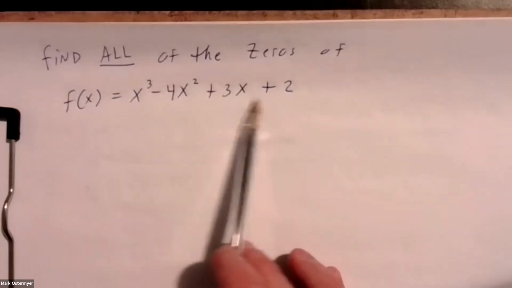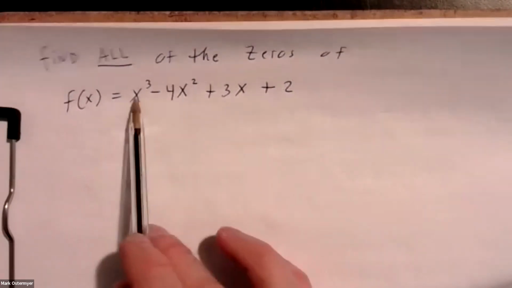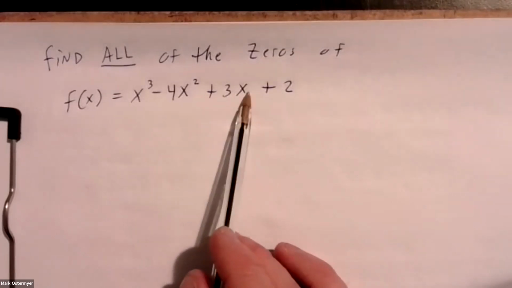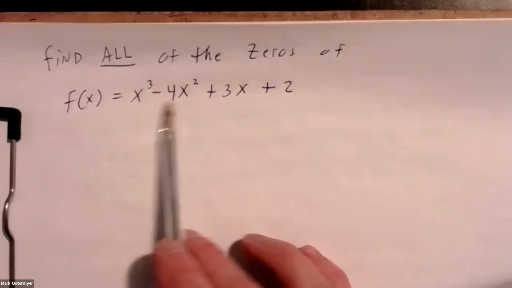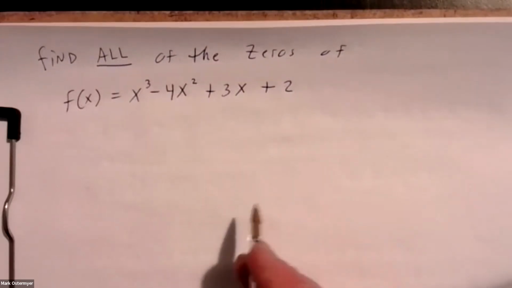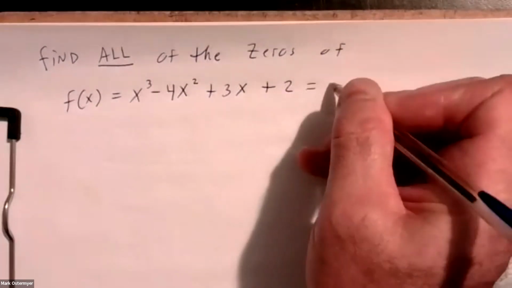I don't think grouping would work. Do you agree? It would fail. So back in elementary intermediate algebra, there would be no way of determining any factors of this, but we would not be able to solve the associated third degree equation if we set this equal to 0. So to find all the zeros of this thing, we would literally set f of x equal to 0,